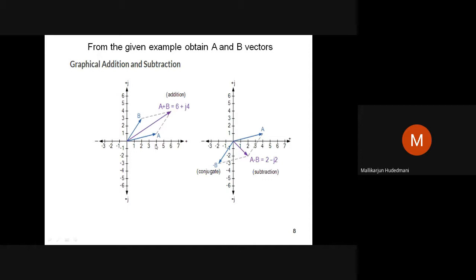You can add it here. 4 and 2, 6 is the resultant. Here J1, J3 is J4. Numerically or by visual we can do this. In complex rectangular mode, addition and subtraction are quite easier, but multiplication and division are not easier. It's quite difficult. Similarly, I have A minus B. A minus B means what? This B vector I reproduce backward and take the resultant with A. You can see here B which was here is reproduced backward as minus B. Then take the addition of these two, and the added result is the purple color, which you can see, A minus B equal to 2 minus J2. Like this, this is how complex numbers are visualized in the complex plane.